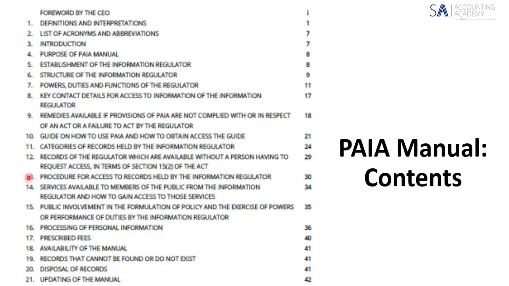All right. Procedures for access. So what are the forms that must be filled out? What is the processing? What information do they process? Are there any prescribed fees? Because not all information requests lead to fees being payable, but there are prescribed fees, so it's very important that you include this. How available is this manual? And then what happens if there are no records? What happens with that? And what happens when records are disposed of? And very important, the updating of the manual. But I mean, that's it. In a nutshell, they didn't have to go and buy a lot of time from somebody to go and customize this for them. Not at all.